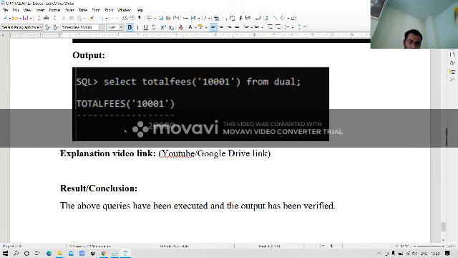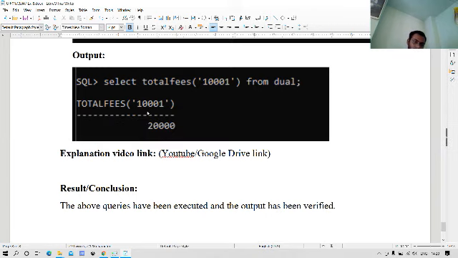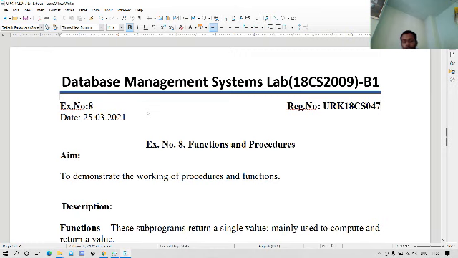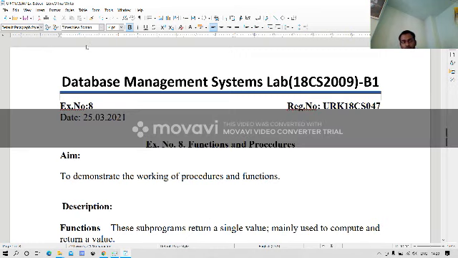So if we give the roll number of the person, 1001, it will give the total fee paid by him. So this is how the commands work, the program works, and thank you.